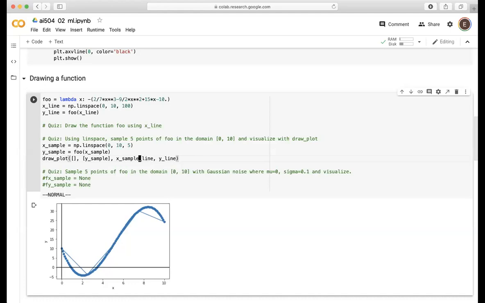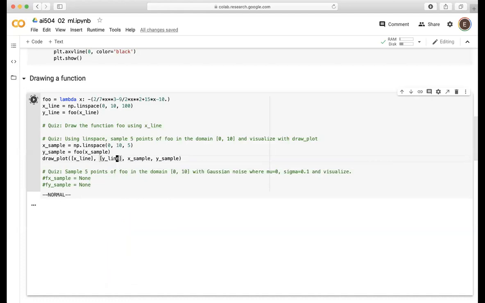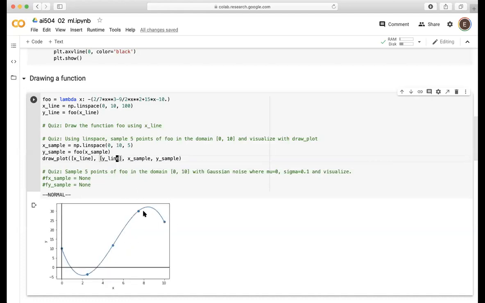X sample, Y sample, maybe put, just to make sure that we are demonstrating to the user that we are drawing 5 samples from this line. So the original function looks like the sinusoidal function. Well, it's not actually a sinusoidal function because, as you can see, it's a polynomial function of degree 3. So it's a 3rd order polynomial function. And we are drawing from this original function 5 points in the range 0 to 10, evenly distributed,